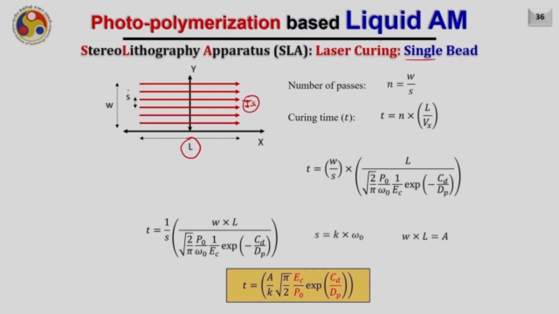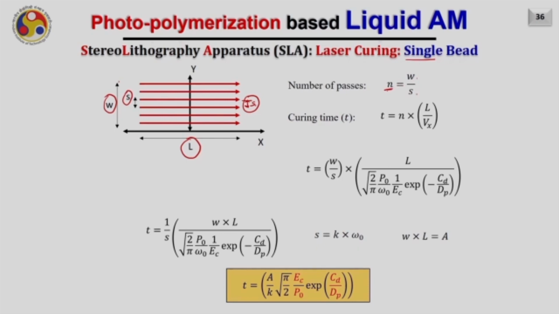So assume that currently the distance between two consecutive passes is S and the width of the bed is W. Now if the width of the wet photopolymer bed is W, then the number of passes required will be N equals W by S,